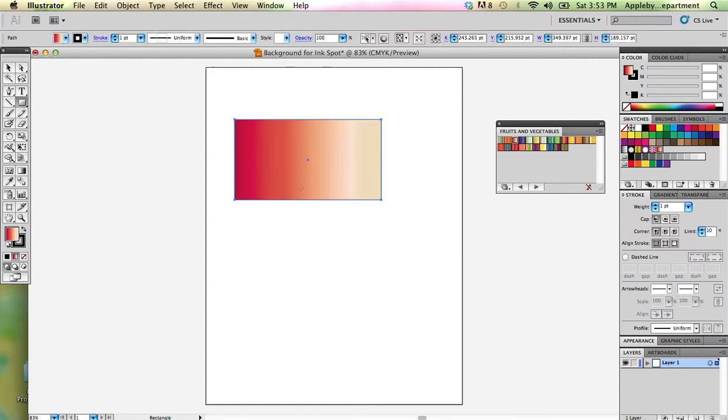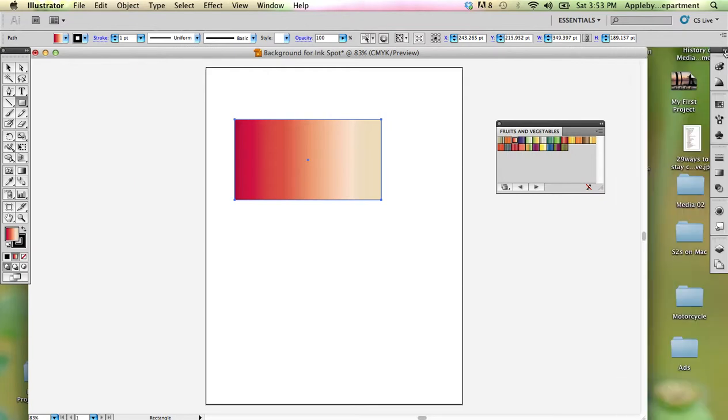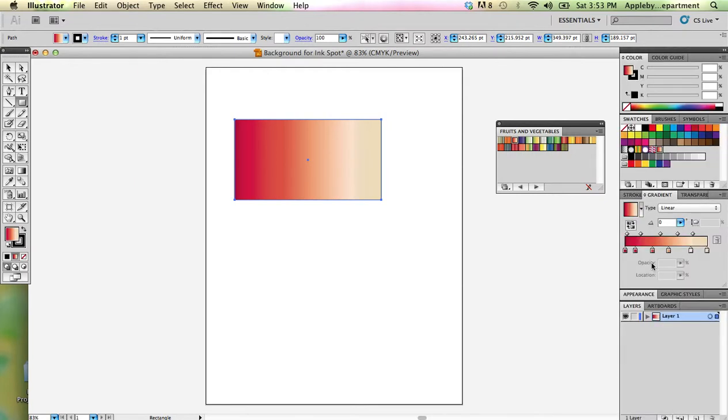So let's say we've got this shape drawn here. If you want to alter your gradient, you can just click on your gradient tab. A lot of you guys are working with your menu and your palettes hidden. Have them out, because this gives you a better idea of what you're dealing with in Illustrator and what your options are. So let's say you want to add some purple into this. You can simply pull it out of your color palette here and drag it down. And then to get rid of colors you don't want, you can drag them down and off of the gradient